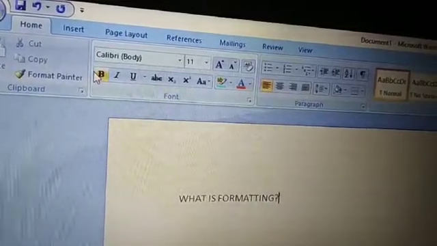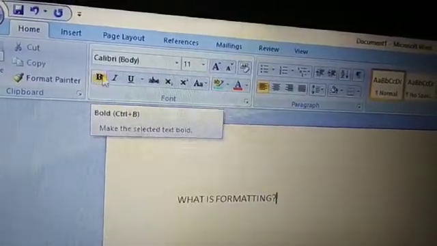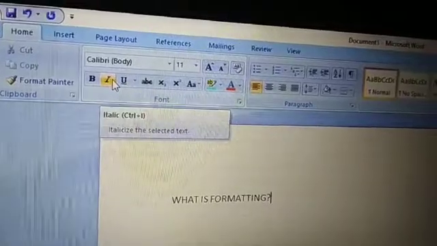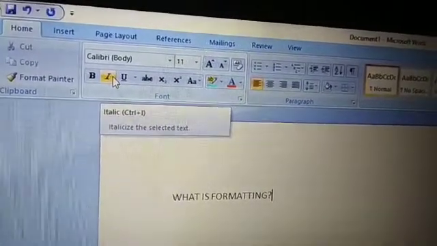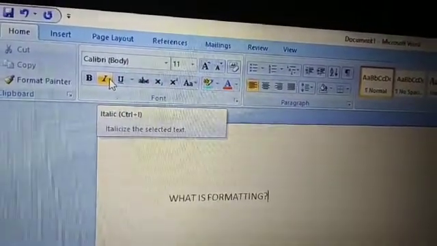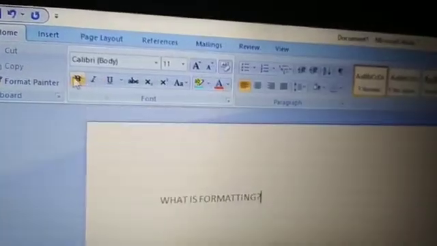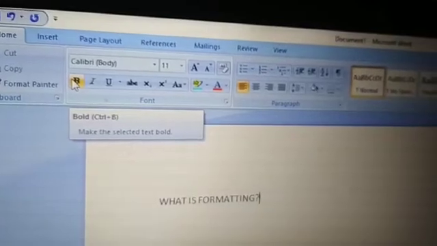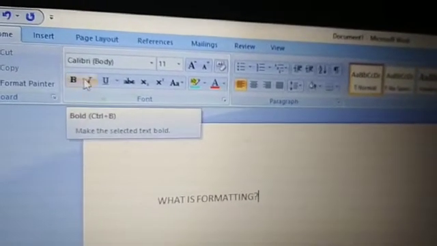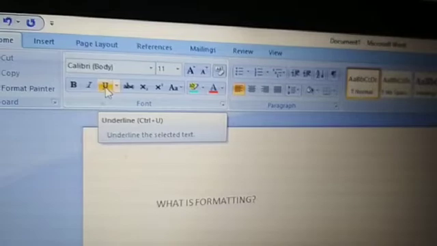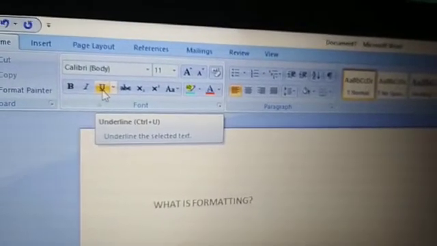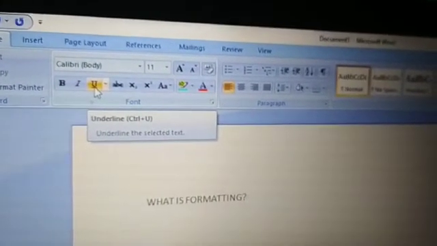Here, this is the bold button, italic button. The italic button helps in making text a little slanting. The bold button will make text a little darker, and this U is the underline button, which helps you to underline the text.